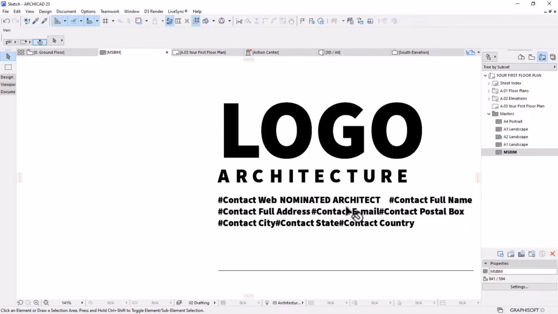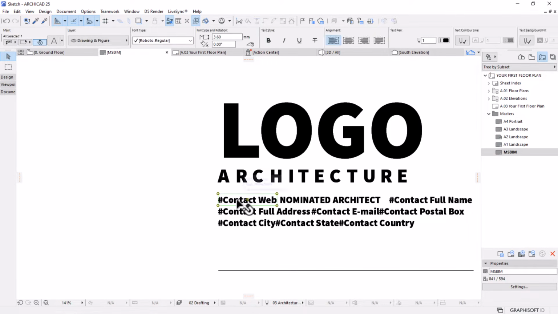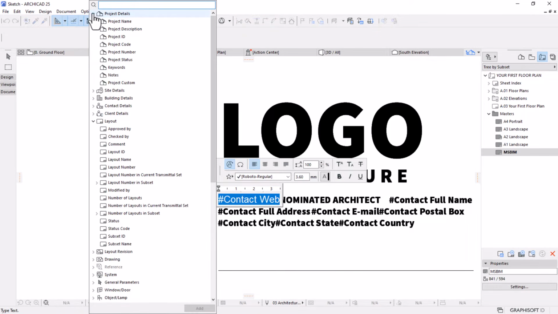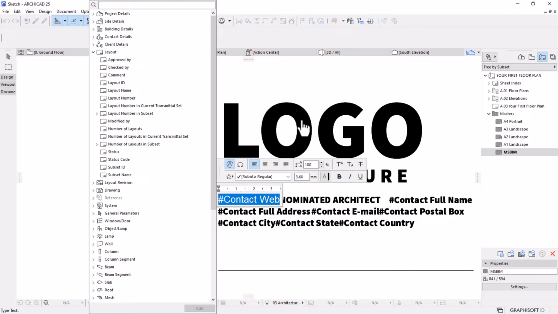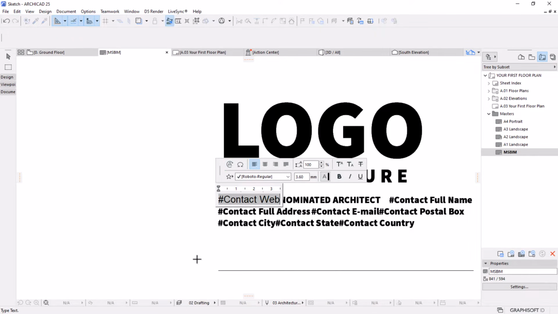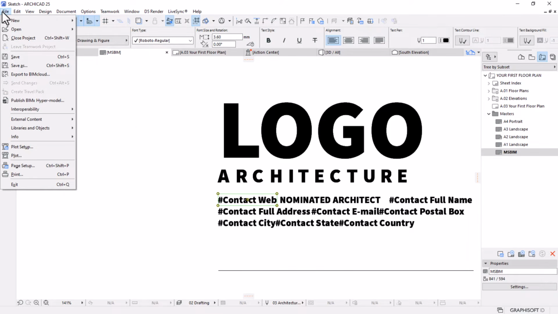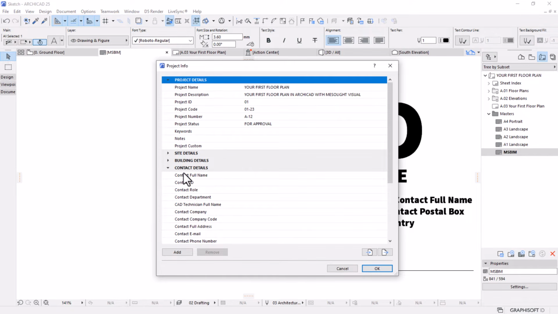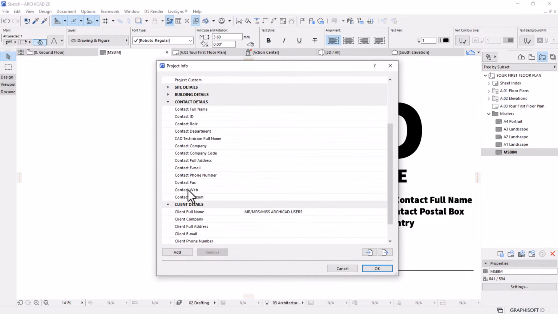Same applies to the contact information. So if I say contact web, for example, I can insert auto text and then come here. This information is under your contact details. So let's find contact details here and then find contact web, which is this one, then add. If you go to our project info by going to file, info, project info, and then come under the contact details section and find the contact web,